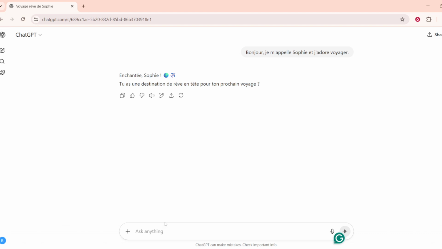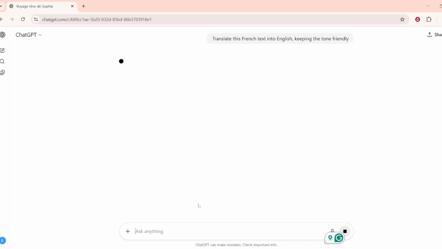Once your text is pasted, it's crucial to provide clear translation instructions to ChatGPT. For example, you could say, "Translate this French text into English, keeping the tone friendly." This instruction tells ChatGPT exactly what you need and helps to maintain the intent and nuances of the original text